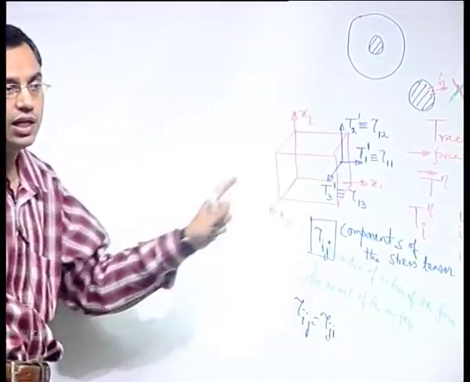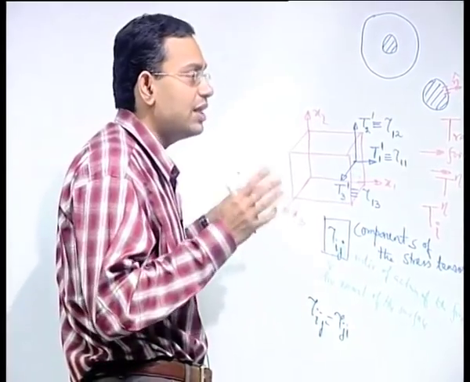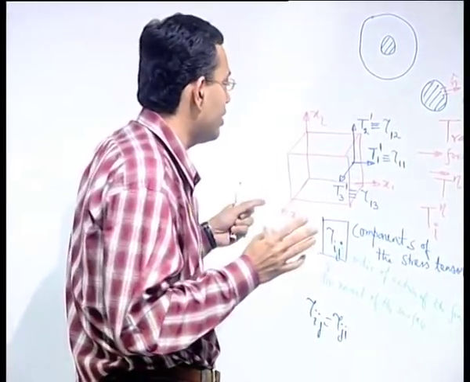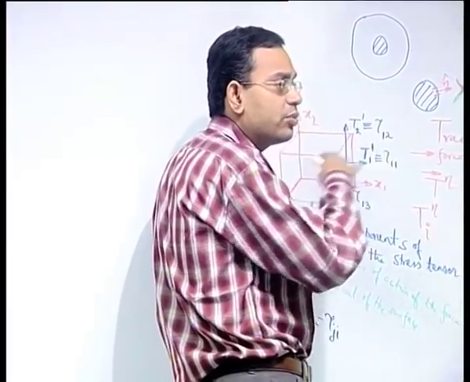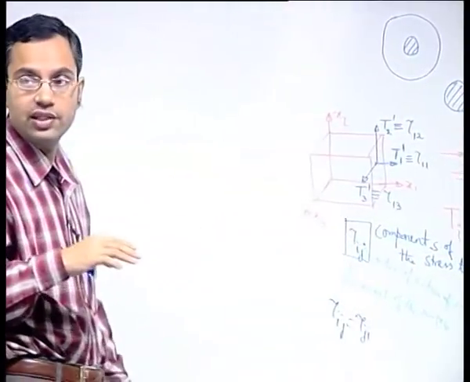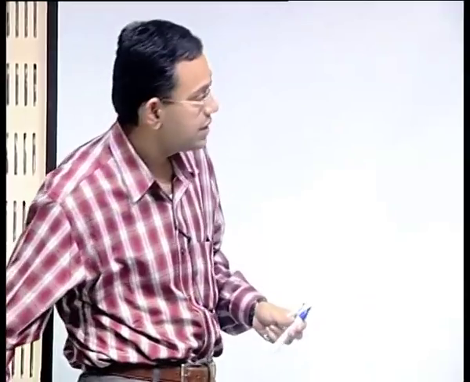When you have 6 independent components of tau ij, that is so nice, but that is a bit restrictive, because you can use those only for surfaces which have normals oriented along x1, x2 or x3. But what happens for surfaces which are arbitrarily oriented, that is, the normal does not coincide with either of x1, x2, x3? So to do that, let us consider a simple exercise.